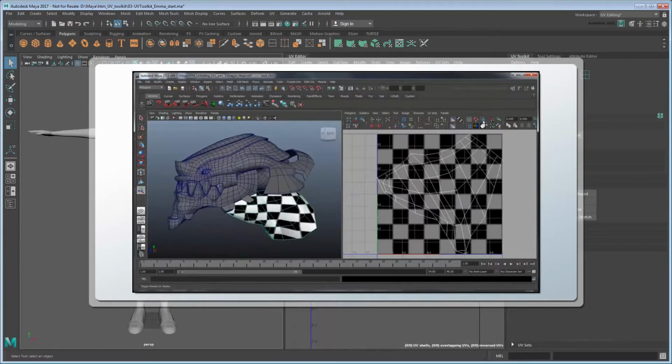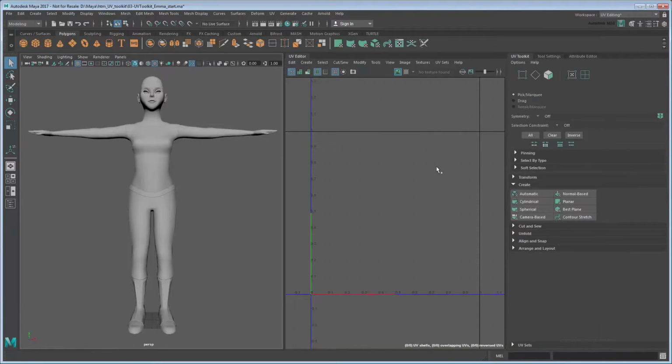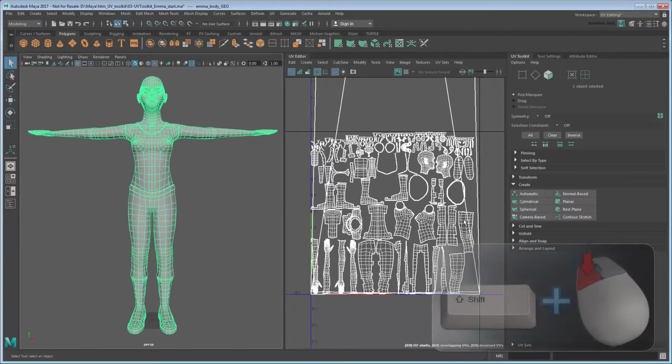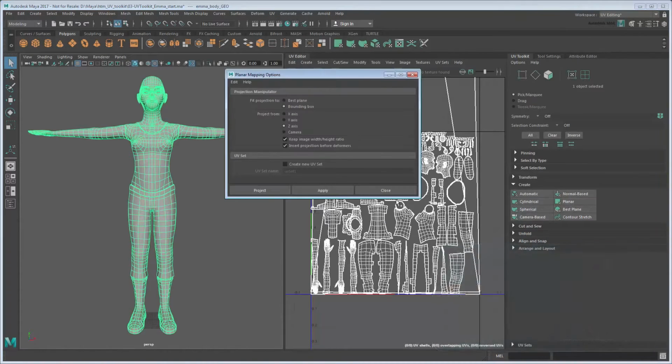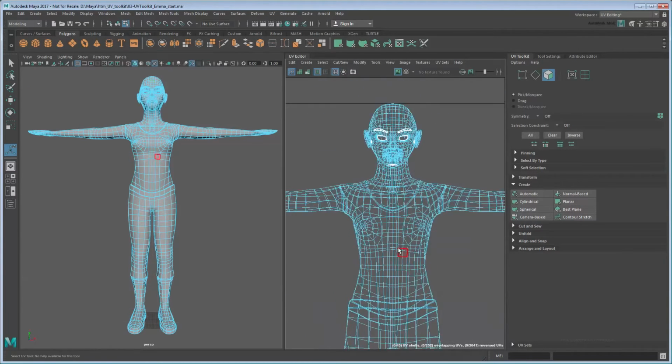series. First, let's hide everything except the body by disabling their layers. As usual, begin by assigning an initial UV map, this time a planar map in Z. Next, we'll want to separate this one large UV shell into multiple smaller UV shells by body part, starting with